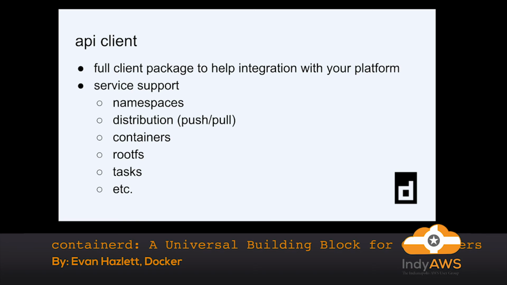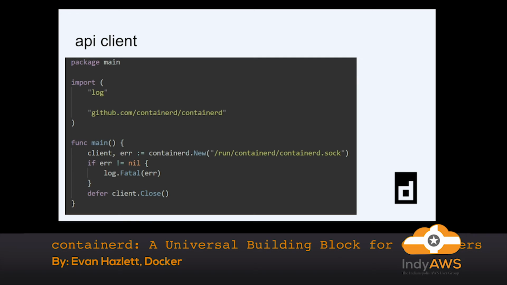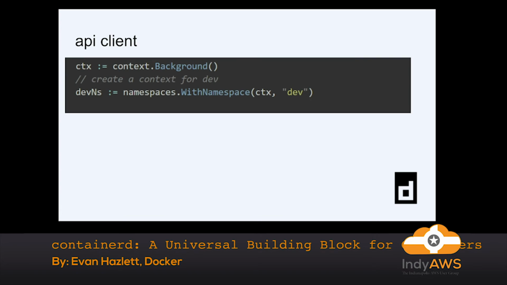but I've done this earlier, and so I just wanted to show it. If you're not familiar with Go, you should be able to keep up, but if not, it's not a big deal. So what we're doing here, let me walk through it. Basically what you do is you create a containerd client, you just point it to the socket. That is the default socket that containerd runs, and when you just do containerd new, you have a client, right? From this client then, I'm going to basically walk through the example of what we did where